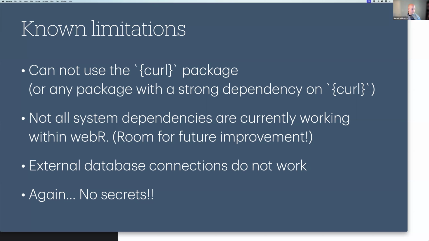David says, well, if the app is stored in a public GitHub repo, then there shouldn't be any worries regarding the secrets. Bingo, exactly. If everything is public and you don't care that it's public, then GitHub Pages is a perfect place to host it. And that's what we will do in the second half of this workshop: everyone, hopefully, will be deploying their own app to their own GitHub Pages.